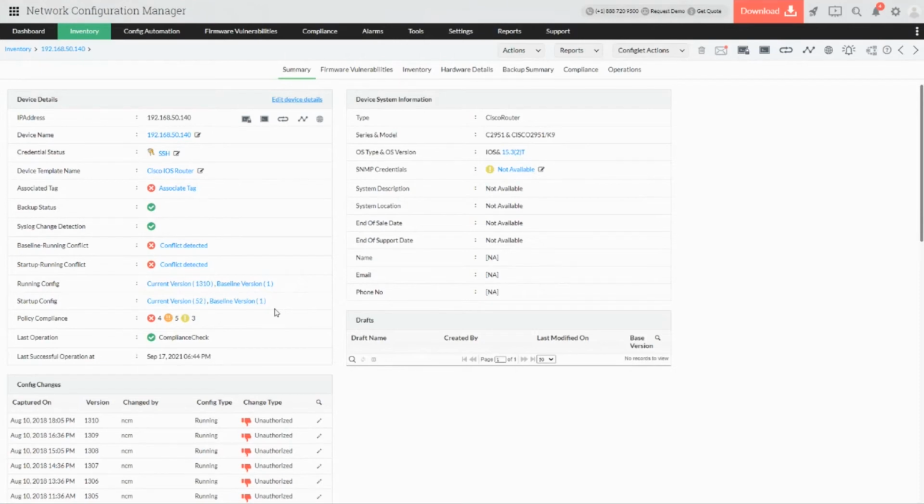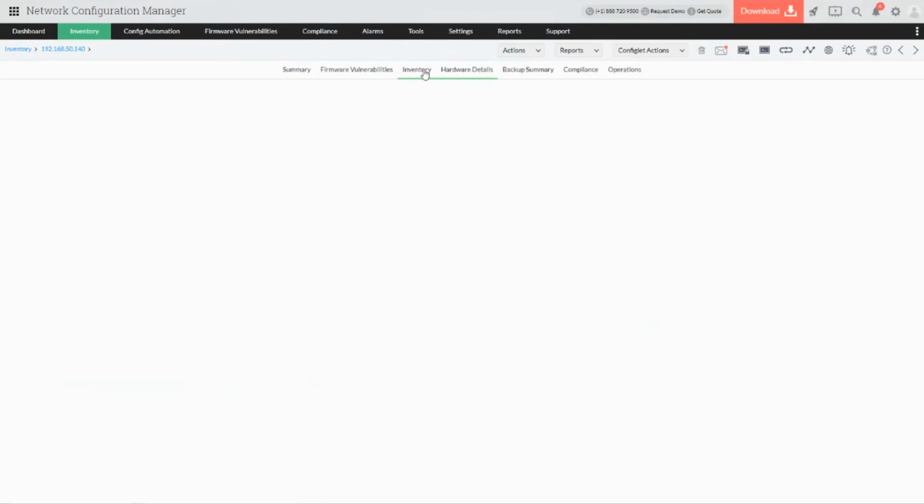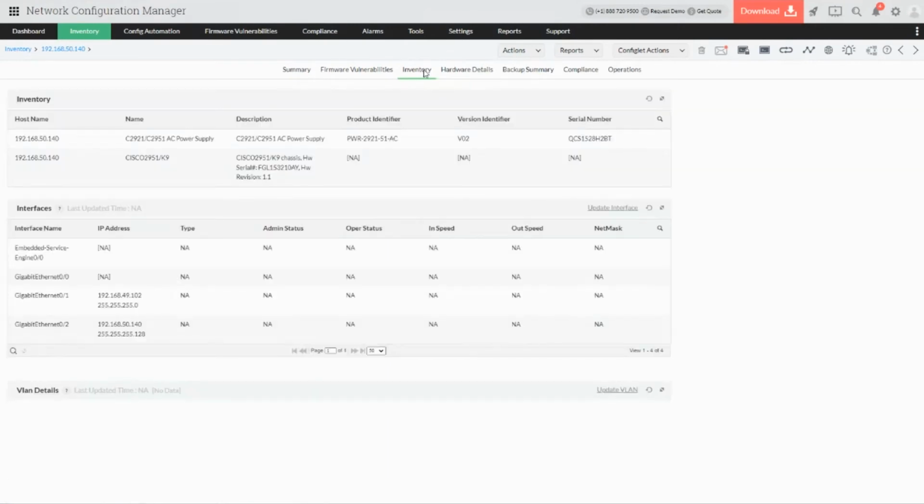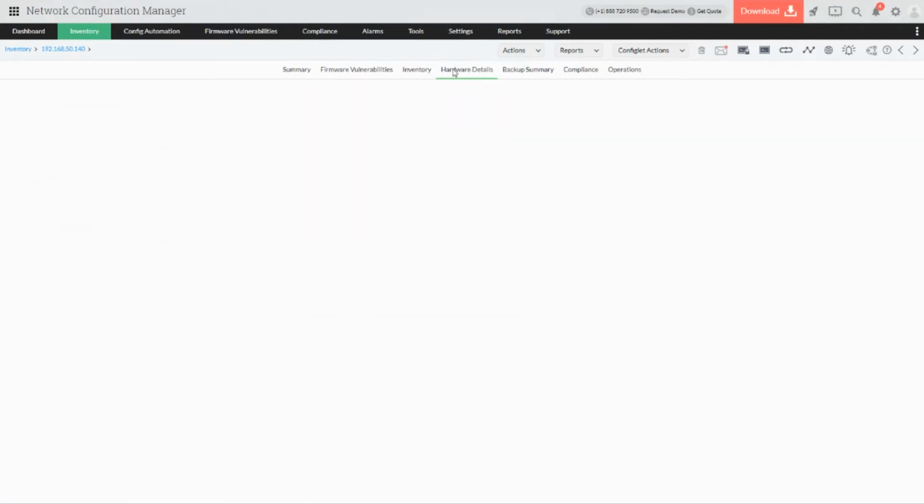And the next important thing is about vulnerability management, the firmware vulnerabilities, which we're going to see in detail in the upcoming information. So first, we'll talk about the configuration backups and the available features, and then let's jump into the firmware vulnerabilities. So when we talk about the inventory tab with respect to the switch or the network device, it is going to give us what interfaces are there, how the device is connected, and how many other devices are connected to it. If there are VLAN interfaces connected to it, we'll have complete different information about them as well.